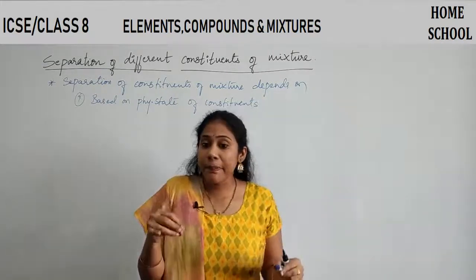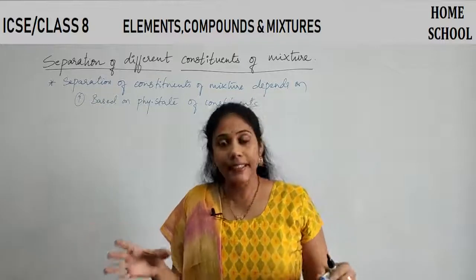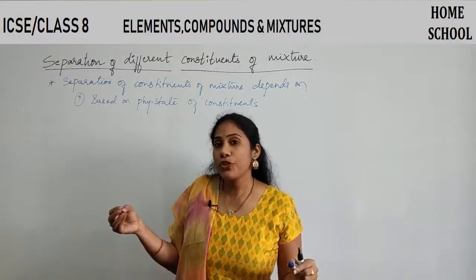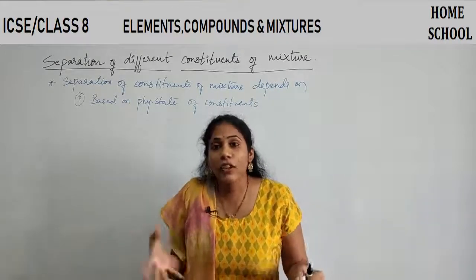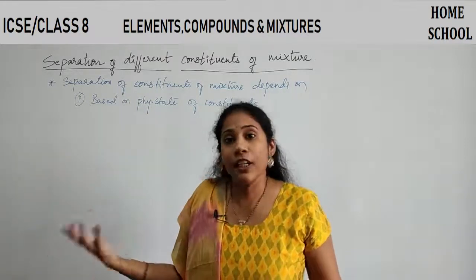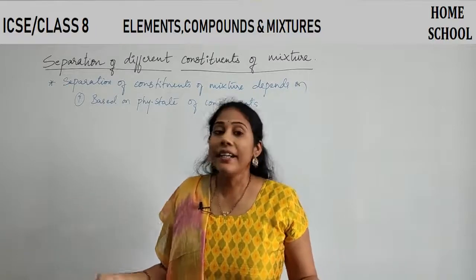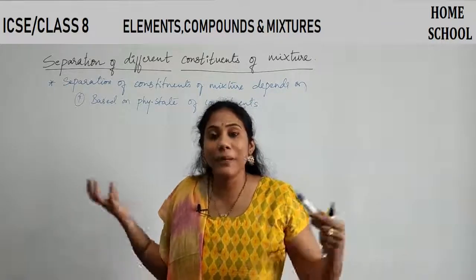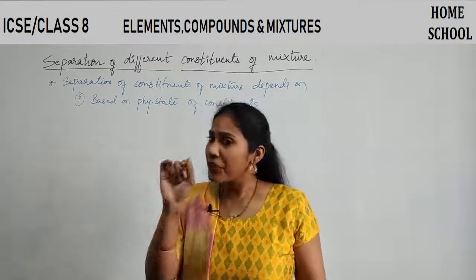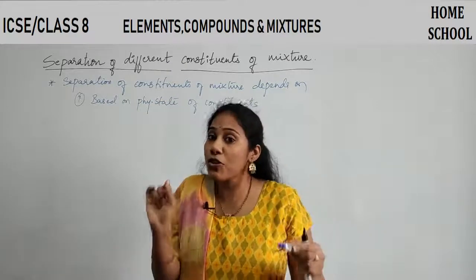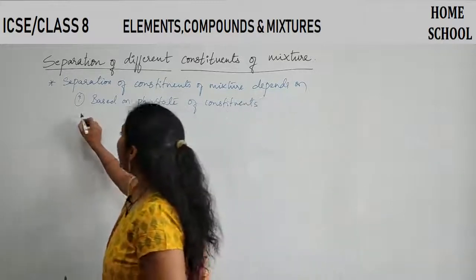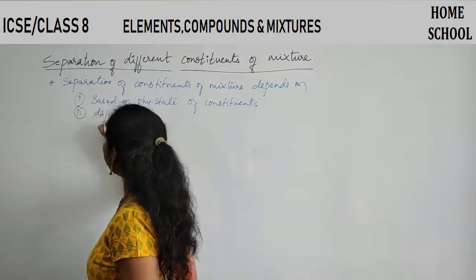Sometimes the separation method to be selected can depend on the physical state of the constituent. That means whether a constituent particle is in a solid state or a liquid state. If one constituent particle is a solid and the other one is a liquid, easily you can separate, isn't it? And if both the components are solid, then what method do we have to select? So the separation method to be selected, not sometimes, most of the time, depends on the physical state of constituents. Okay? And later, it also depends on